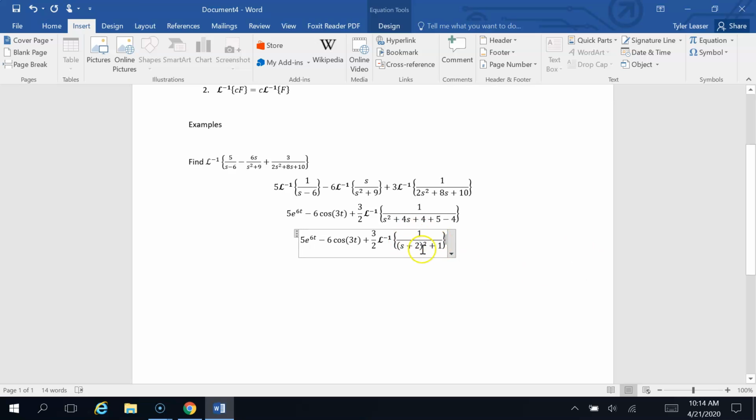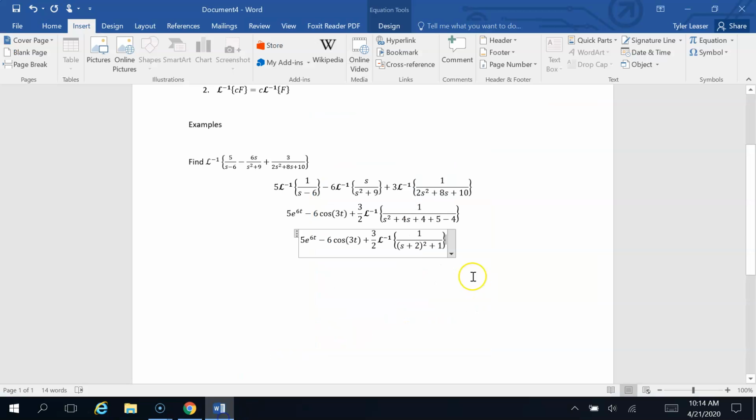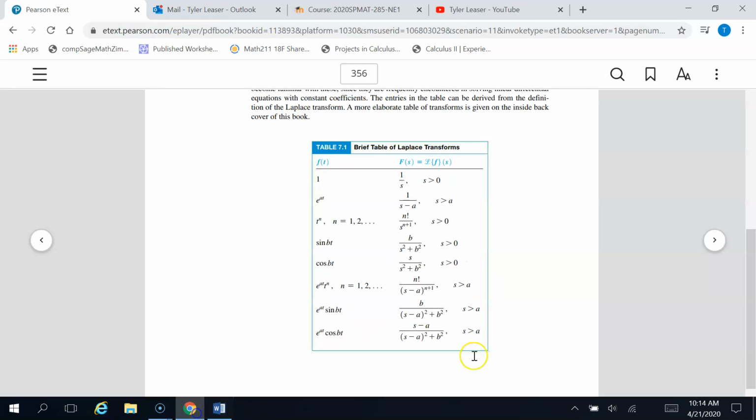Okay, now let's go to that table to see what this looks like. 1 over (s plus something) squared, all plus 1. In our table, it looks like it's got to be one of these down here. We do not have the s minus a up top, right? We just have a constant up top. So it's going to have to be this one, where our b is 1, because we have a 1 here, and a 1 squared, or just a 1 there. We don't have s minus a, right? We have s plus 2, so our a is going to be negative 2 to get it to fit into